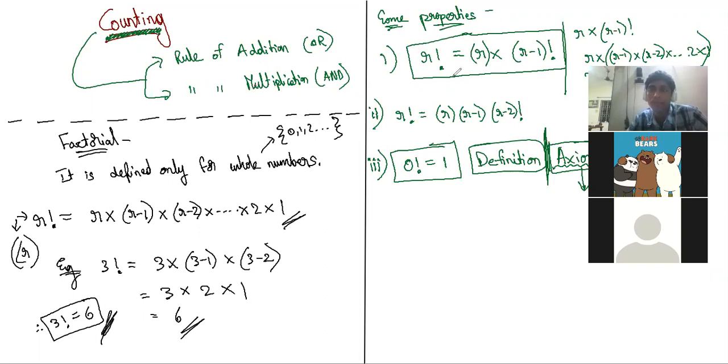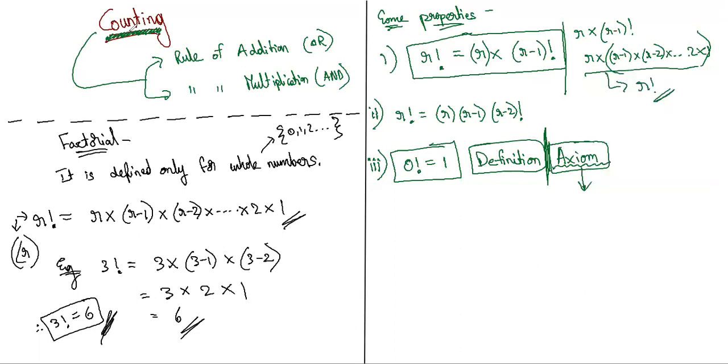So this is not being multiplied with 0 or anything. 0 factorial will be taken by definition or as an axiom. Last time also I showed a small proof, but I prefer that you understand it this way. Take it as a definition, axiom. Take it as something to remember. Okay. After we go a little further, I'll show one more way of proving it. But for now, just remember this.